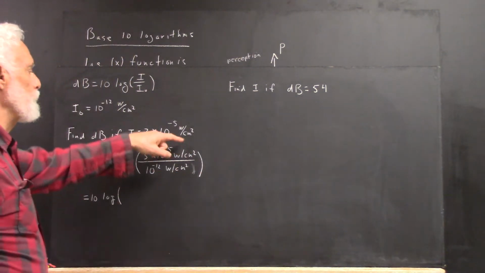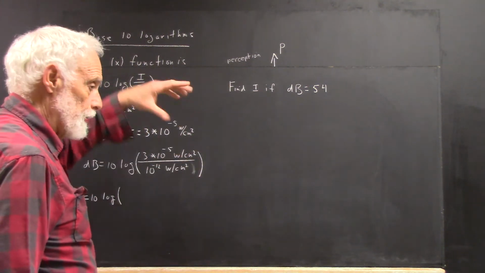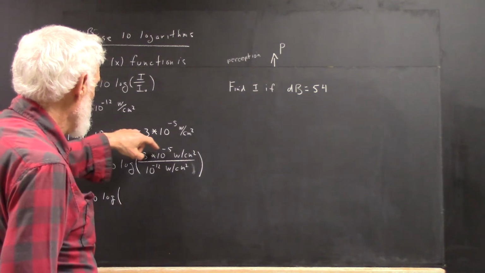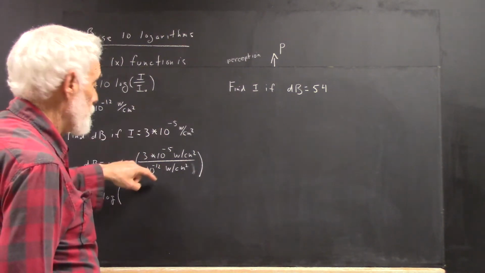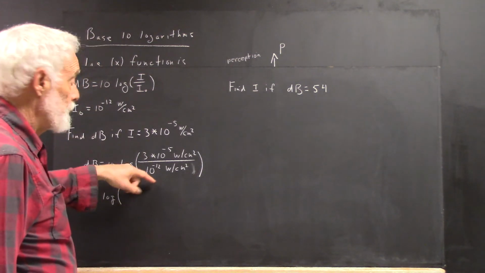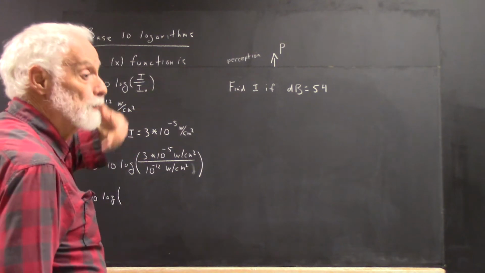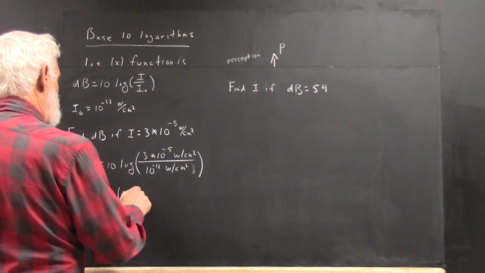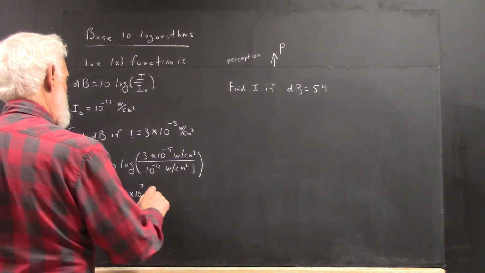The watts per square centimeter divided by the watts per square centimeter separates out, it's essentially equal to 1, goes away. And we just end up with 3 times 10 to the negative fifth over 10 to the negative 12th. 10 to the negative fifth over 10 to the negative 12th is 10 to the what? Negative 5 minus negative 12, which is plus 7. So we have 10 times the log of 3 times 10 to the 7th